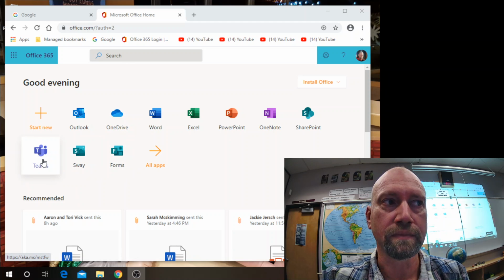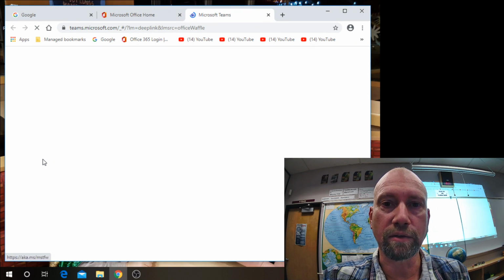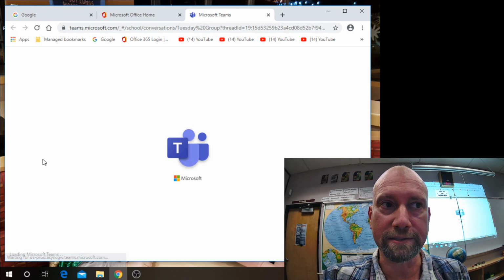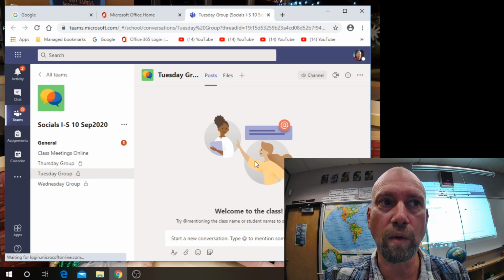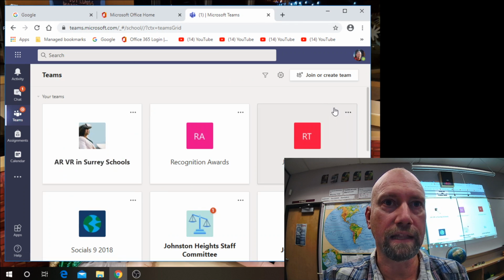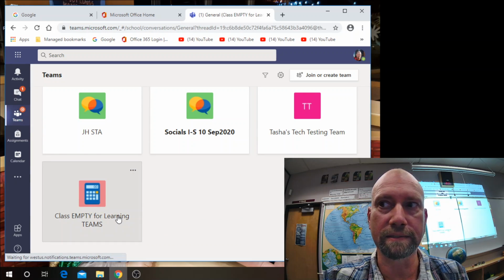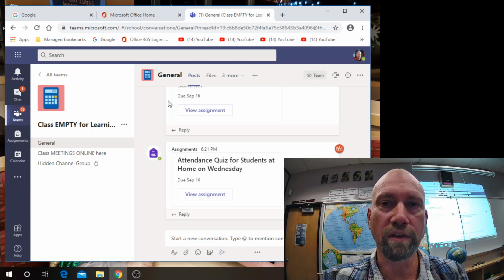Now with Teams, you click on Teams and it will take you to the Teams application. This is the web-based application here, and there's one class there. We're going to leave that class and we're going to go down to a blank class here called Class Empty for Learning Teams. We'll click there where there's no students in this class,